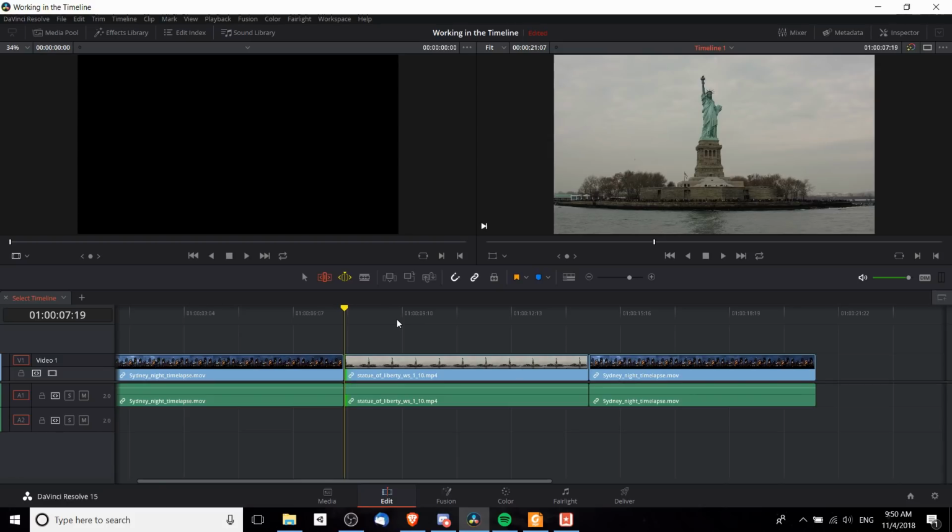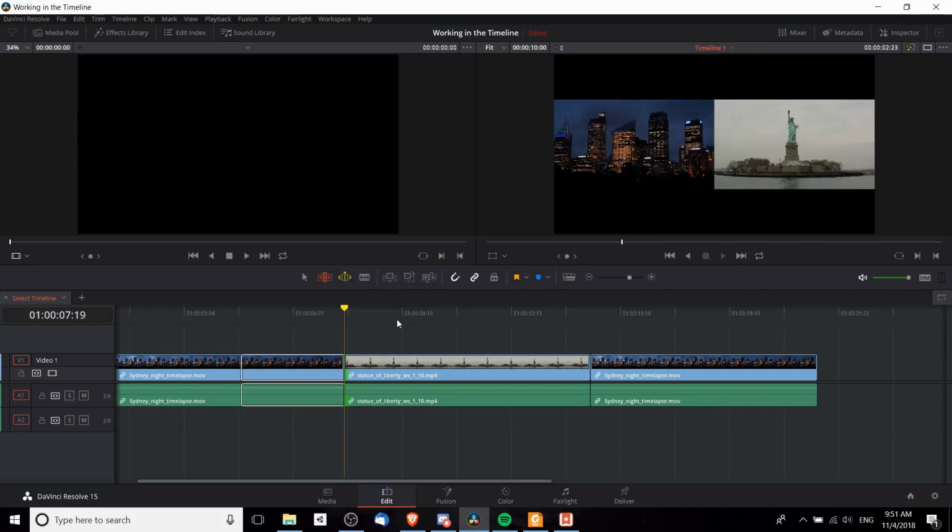Now there's also another thing you can do with dynamic trim mode using the keys J, K, and L on your keyboard. Without dynamic trim mode, J, K, and L are usually there for playing back either in reverse or in forward your clip at either ×1 speed or faster than that. But in dynamic trim mode, what we're actually doing with it is trimming the clip. So if I hit J, it's going to trim the clip by adding footage to the start